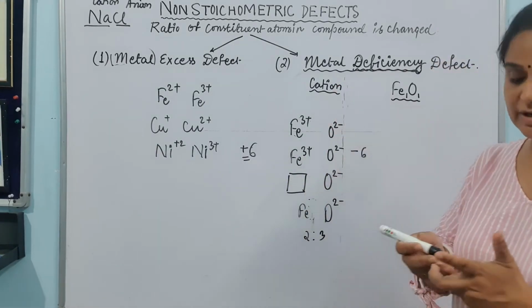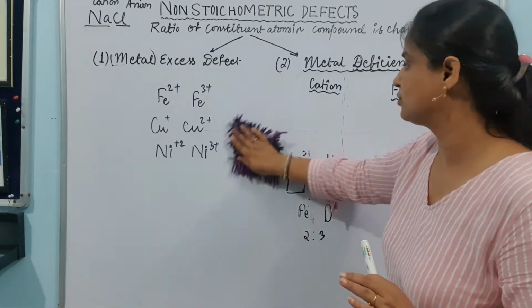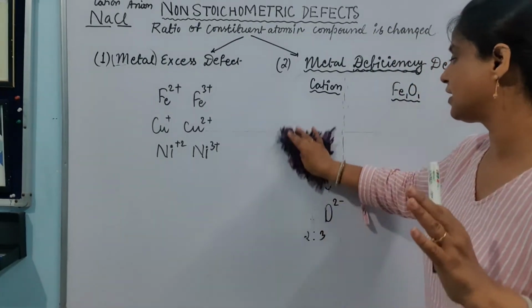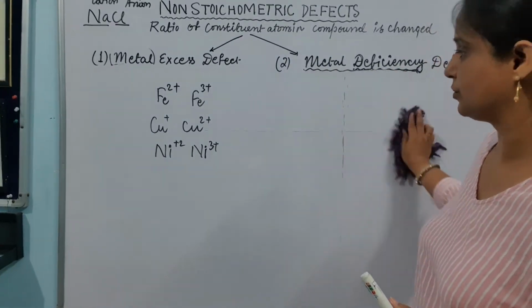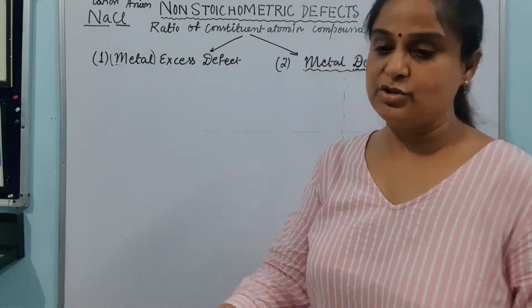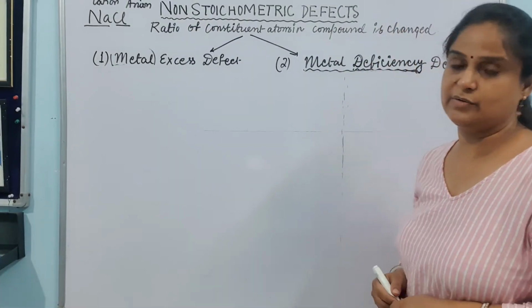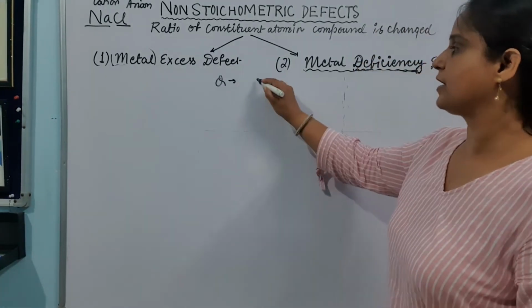Now let's see what type of questions will be asked from this metal deficiency defect. Nobody is going to ask you what is metal deficiency defect and how, just write down a short note on it. Actually we will get a numerical based on this particular topic. So let's see what is the question you are going to get in your examination. The question will be of this kind, if a compound